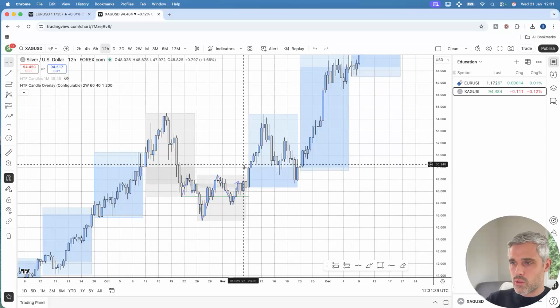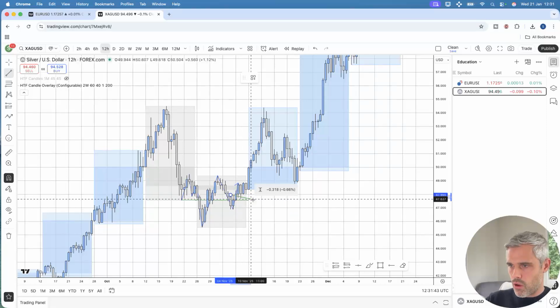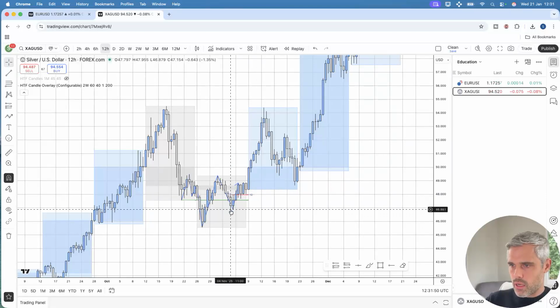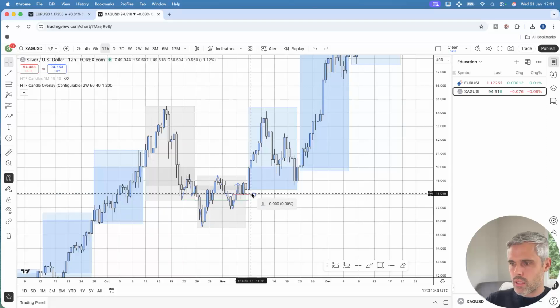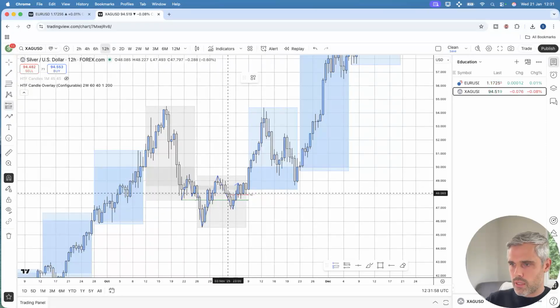This 2-week candle is also about to close, and we have the formation at this point of a 12-hour order block. So again, I'm just going to mark this last sell to buy. So we have context, higher time frame context, and we have lower time frame confirmation. So we can now place an entry